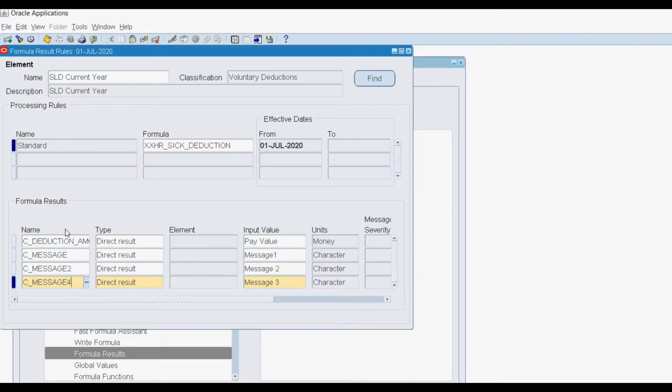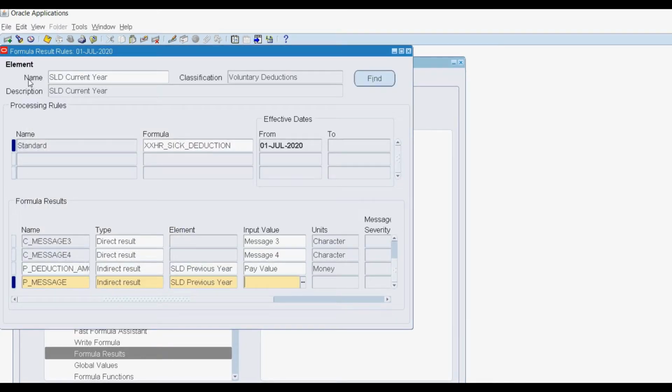And similarly I will start doing it for the p_message and p_deduction amount also to the other element, which is SLD previous year. So one is for the current year. If you try to recall the formula for current year, we are doing the calculations and assigning to the SLD current year element, and for the previous year we are doing the calculation and assigning it back to SLD previous year.